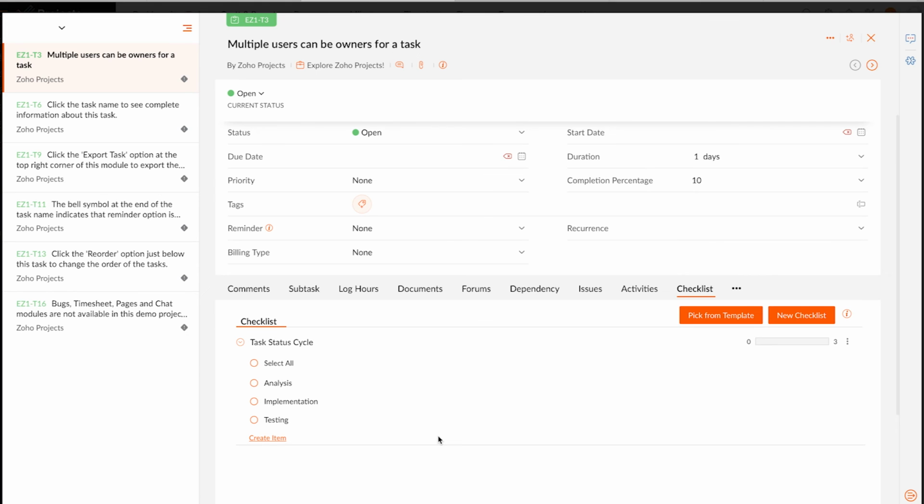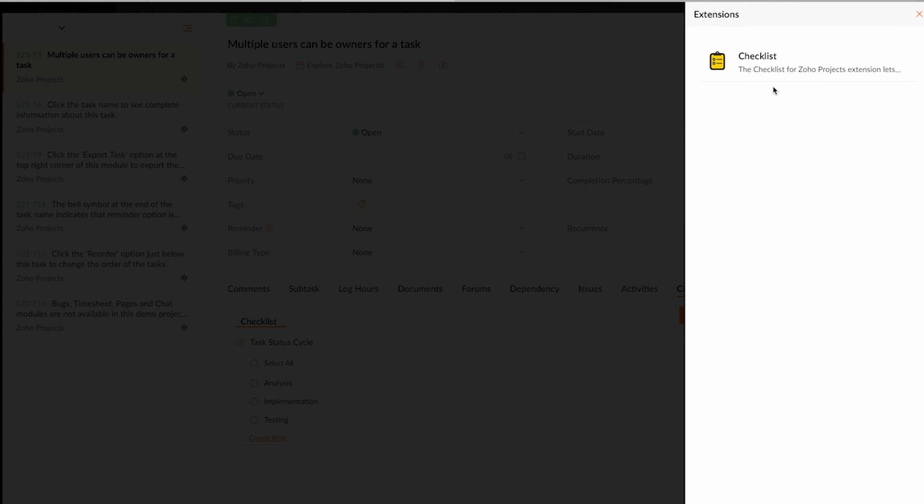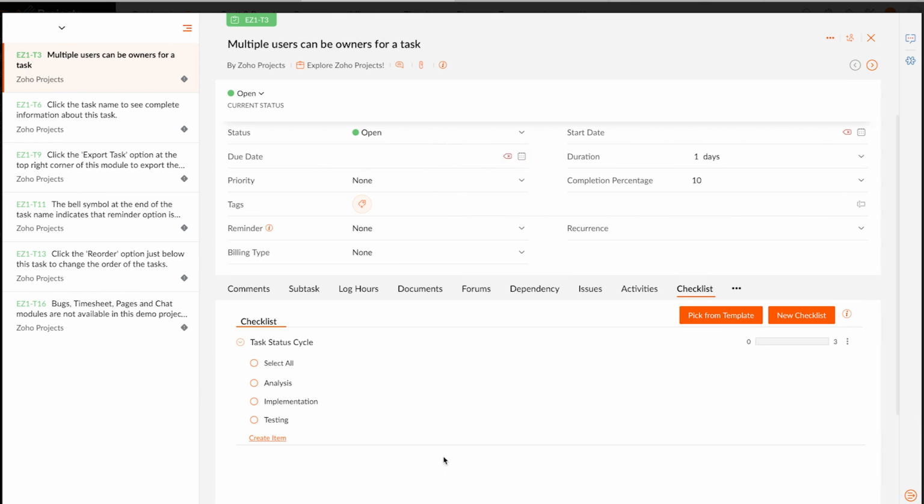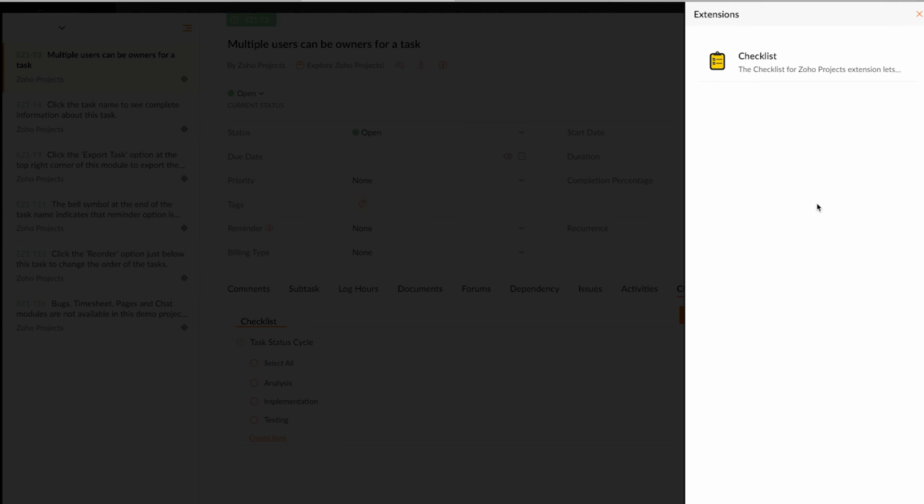So this saves our time, and also through this checklist we can keep track of the statuses easily. So for this task again, if you want to create another new checklist, then you can do so by clicking on new checklist and then creating items as mentioned earlier. So here in this extension symbol, you can see your checklist extension and all the templates that we have created. So any checklist which has been marked as a template will be visible over here. So here task, and inside every task and issue, it is considered to be an entity, whereas this template will be considered at extension level.